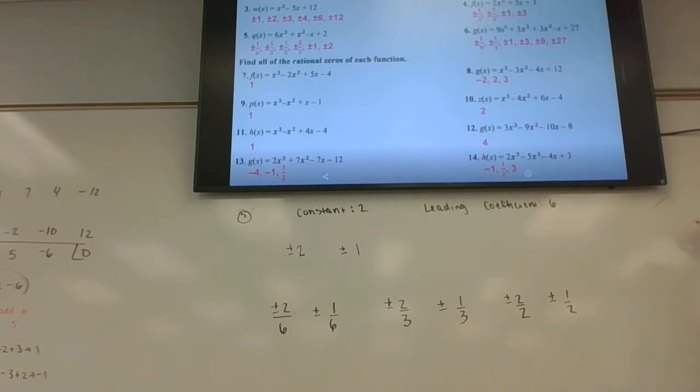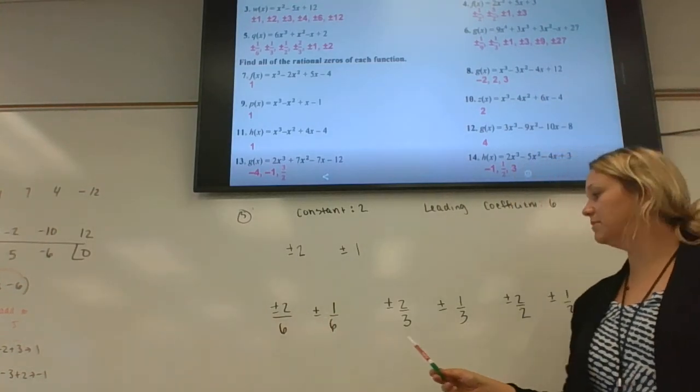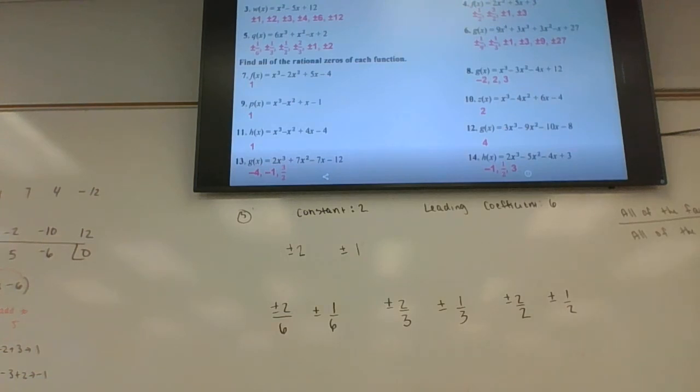Let me write this out with words. It's all of the factors of the constant over all of the factors of the leading coefficient. So I saw a lot of answers where people put it over 6, but they missed the 3 and the 2. Because 6 divides by 3 and 6 divides by 2. Do the same for question